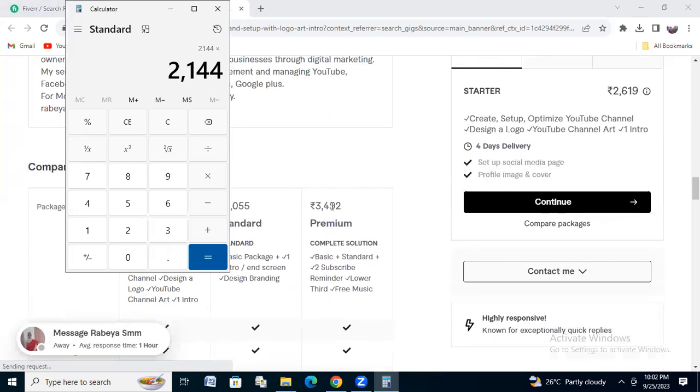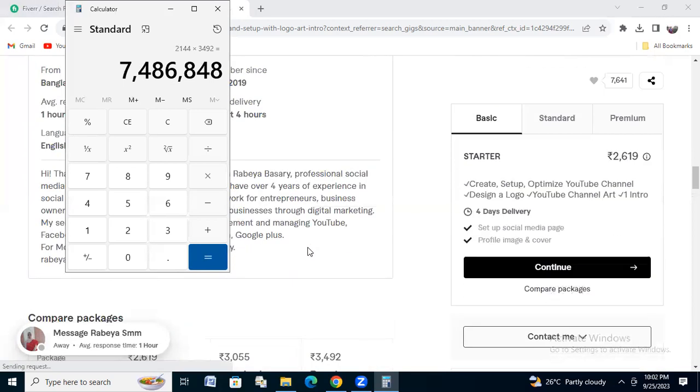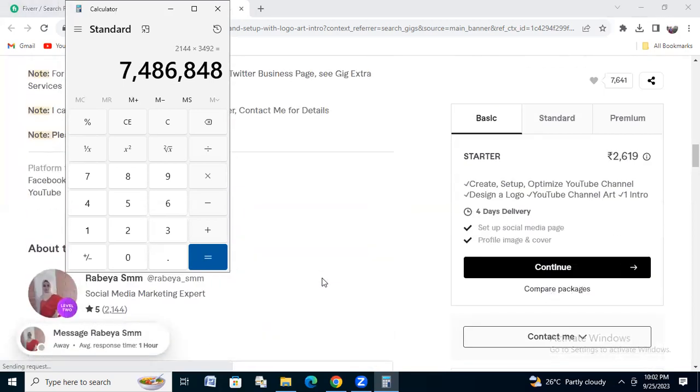personnel 3492, 3492. Okay, now what is the 74 lakh 86,848? By this work, YouTube channel create setup, she already earned 74 lakh 86,848 by this work. So YouTube channel create and set up, we know which is easy, but we cannot know